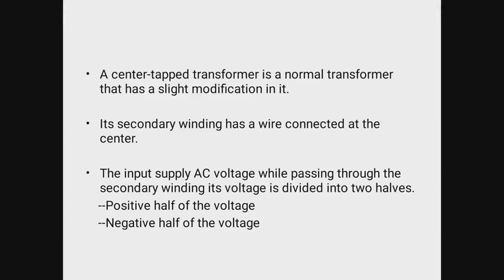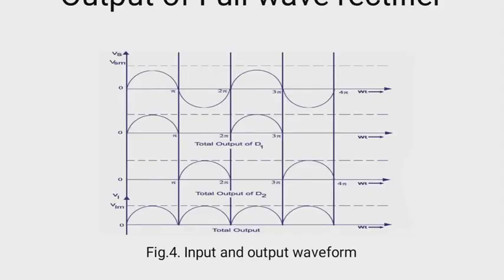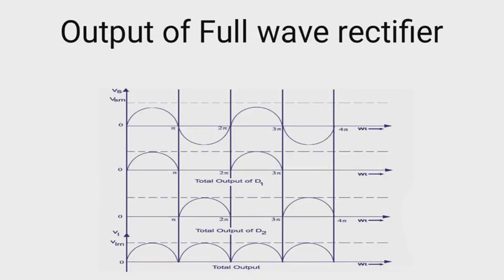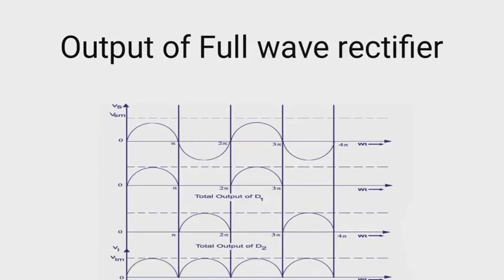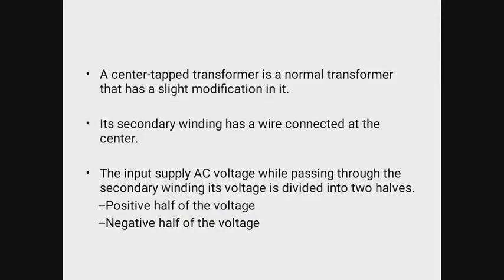Two kinds of peak, one is the positive half and another one is the negative half cycle of the signal. So this is the entire output waveform of the full wave rectifier. From this waveform we can see this is the input signal, a sinusoidal wave, and Vm is the maximum peak of the signal with respect to time or frequency. So in the 0 to pi duration range, what will happen when the entire positive peak, or one half cycle, passes through the diode?